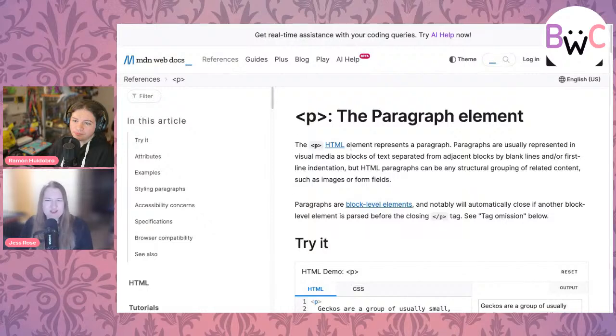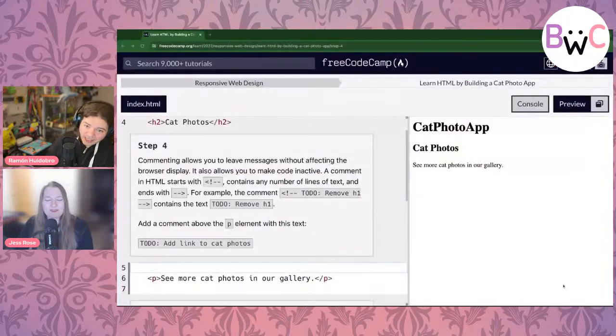The P HTML element represents a paragraph. Okay, that's understandable. But here we've got some information. Paragraphs are block level elements. So we'll probably learn some more about that later. But saying, hey, I've never seen this element before, let me go and look at MDN is a really fun way to do it. It's super helpful. And going back so we make some more progress. And in case it needs to be said, I go back there all the time. I've never memorized all of this stuff.